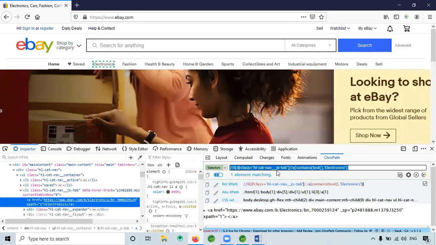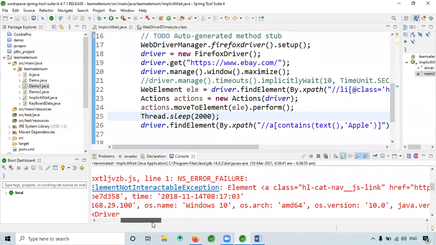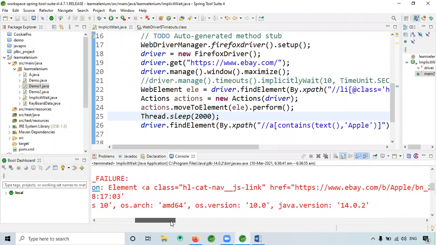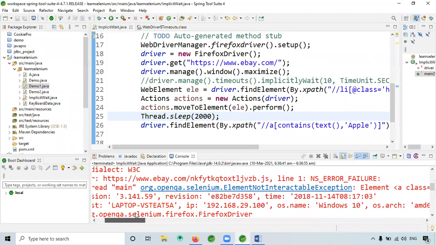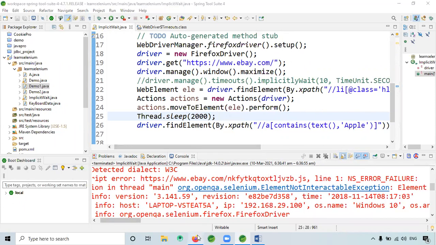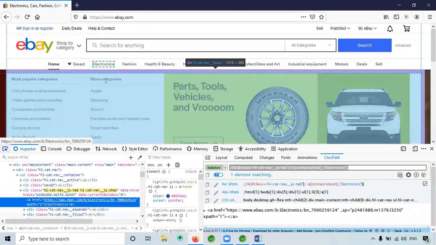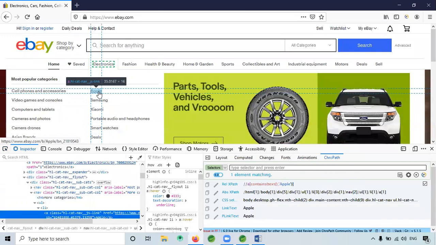No, actually, this is the one only. See, the link cannot be scrolled. Yeah. Apple, we need to check. Okay. It went until electronics, right? After that only it stopped, right? So when I click on Apple,